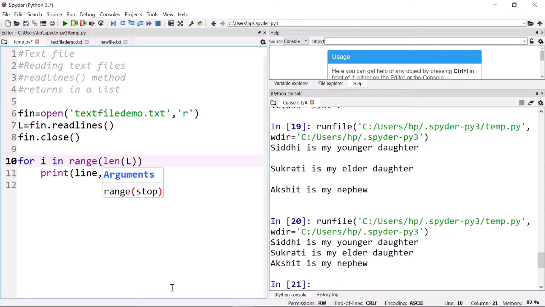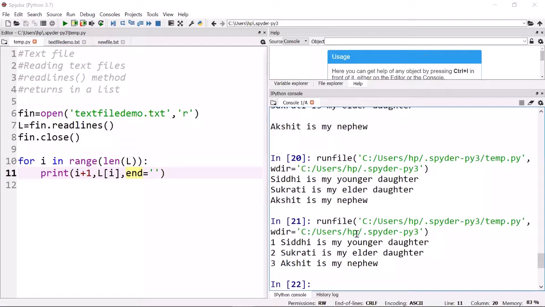Till we have the element, that is the length of this list. If we want to print the line number, so i plus 1, because i will start from 0, so 0 plus 1 is 1. Then we want to print the list item at this place, L[i], and at the end we are having blank. Let us have a look at the output.